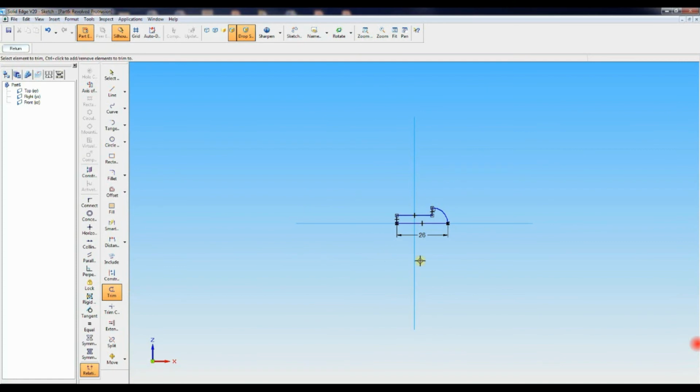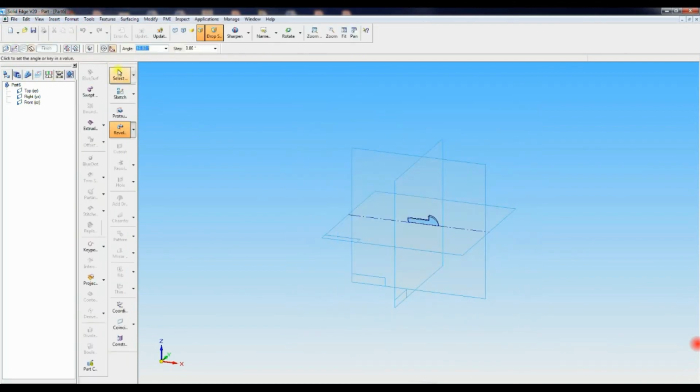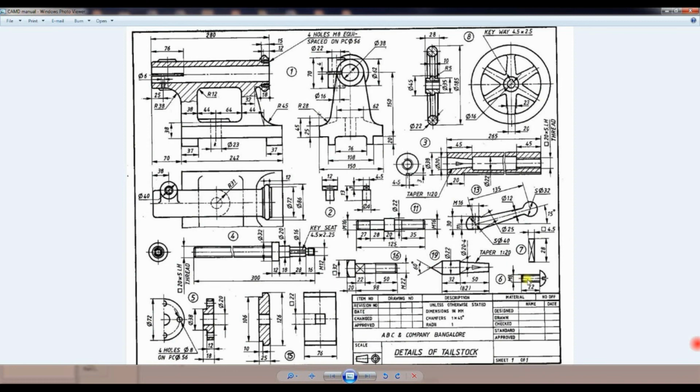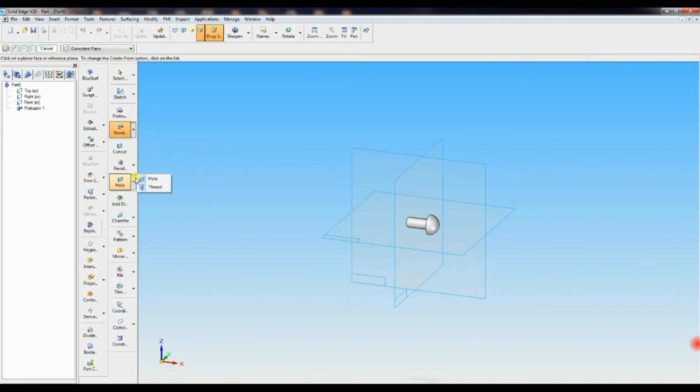Then go to axis; before that, you can show the dimension like this, with the distance to one axis you have to select, then revolve 360 degrees. Now you have to go to the screw slot, and show the threading of the screw. For that, select thread straight, select the shank, select the circle, here select M8, then finish.